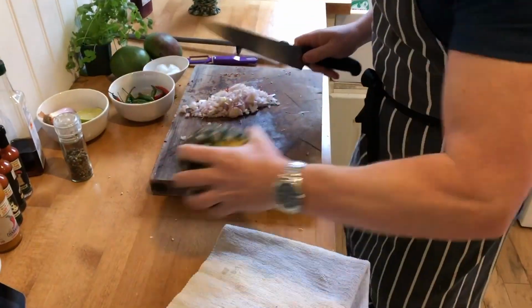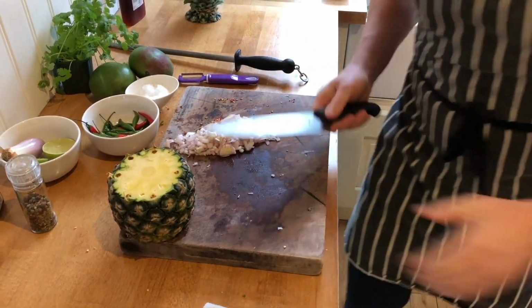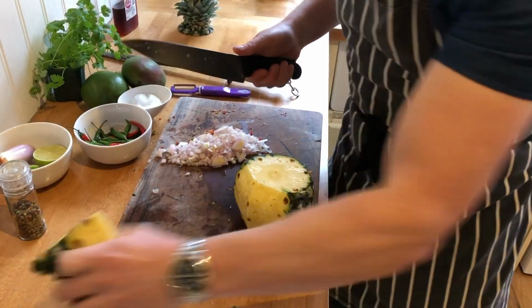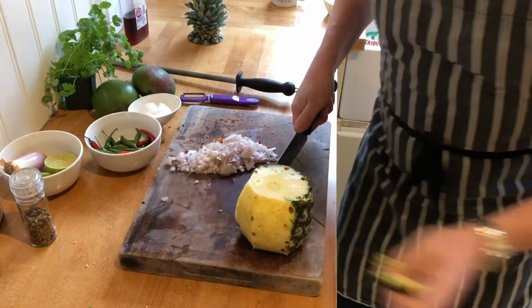Pineapple, top and tail it. I'm not going to peel it all the way round, obviously, because we haven't got a lot of time, but I'm just going to take, God, those shallots are strong. I'm just going to take some of the peel off the outside,